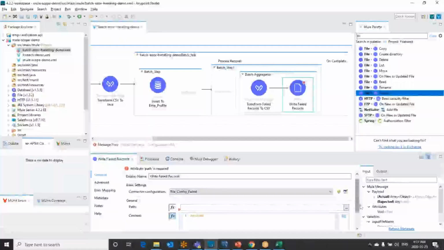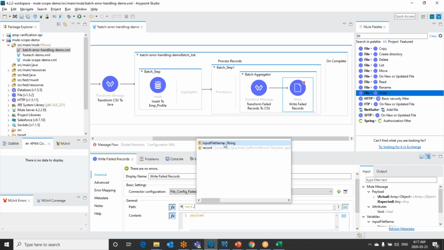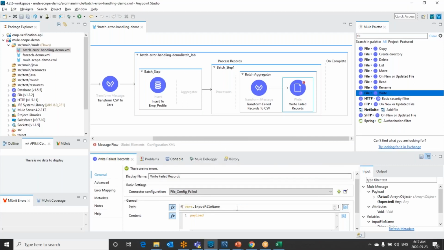Okay. And I would like to provide the file name as the same file name that we are getting, which I have already saved into a variable called input file name. And also I would like to append the current date time to make it a unique file name, even if we get the same file in future, so it will not override this file.